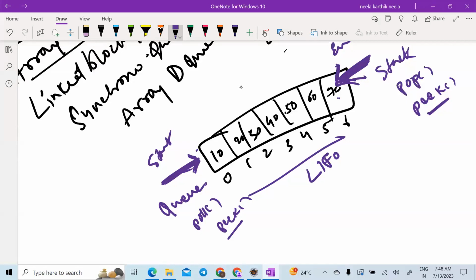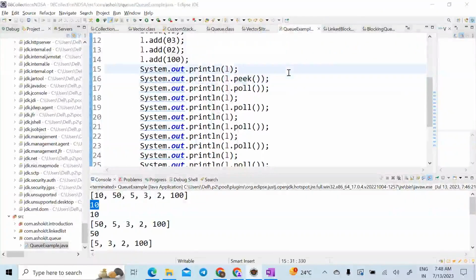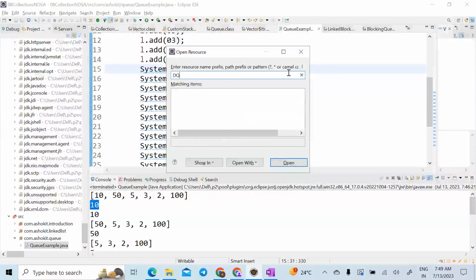Yes. So that is nothing but a DQ. We have another interface. We have seen the queue behavior, the poll method, the peek method, etc. Now I'm trying to tell you what a DQ is. So there is another interface called